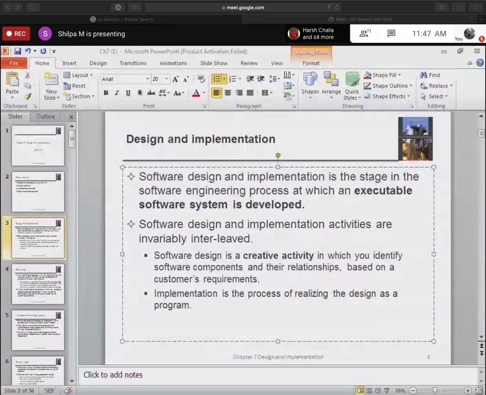So this design is a creative activity wherein we identify the components and also the relationships between the components. And how do we come up with this design? Based on the requirements of the customer, or based on the requirements document that was collected. Fine. So implementation is nothing but implementing the design. I hope you got to know about the two things.